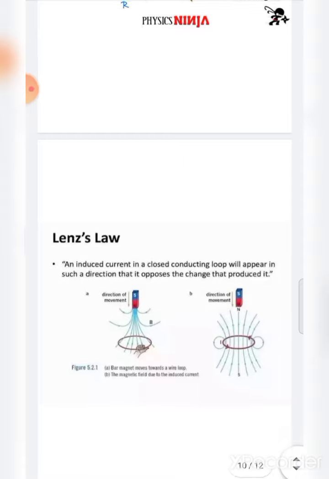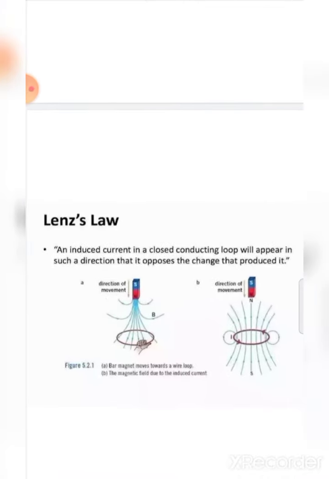That is given in this diagram. When the magnet is moved, two diagrams are given. In the first diagram, there is a coil and the magnet is moved towards the coil. The second diagram explains that a current is induced inside the coil. Due to the induced current, a magnetic field is produced in the coil itself. This induced magnetic field opposes the moving magnet. Therefore, the magnet cannot be moved further towards the coil. So the second diagram clearly explains Lenz's law.